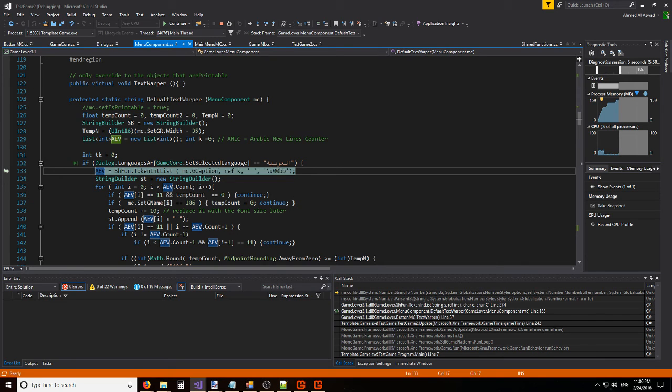It didn't update. Focus. Because I didn't change the caption to Arabic. I changed the language, but I didn't change the caption because